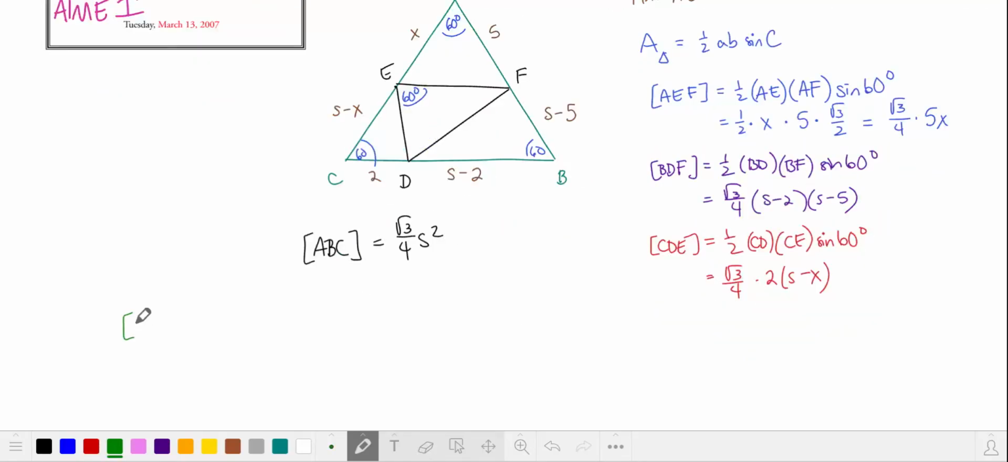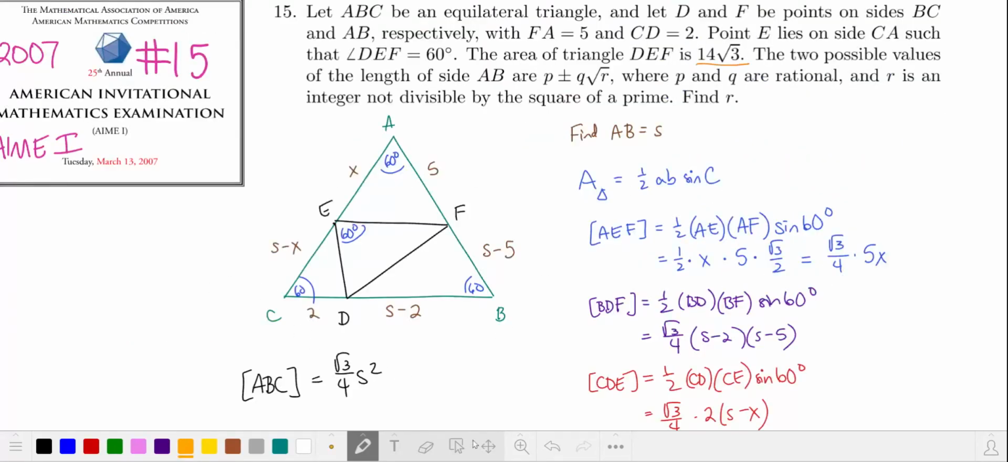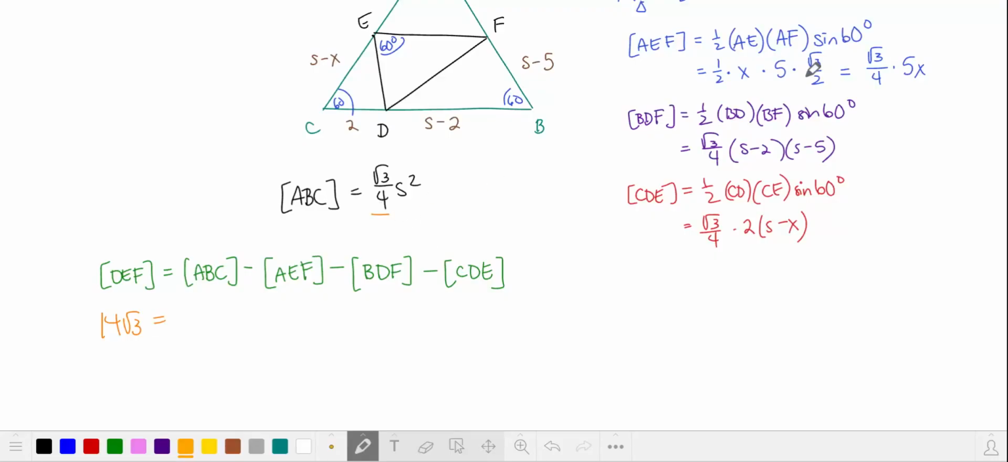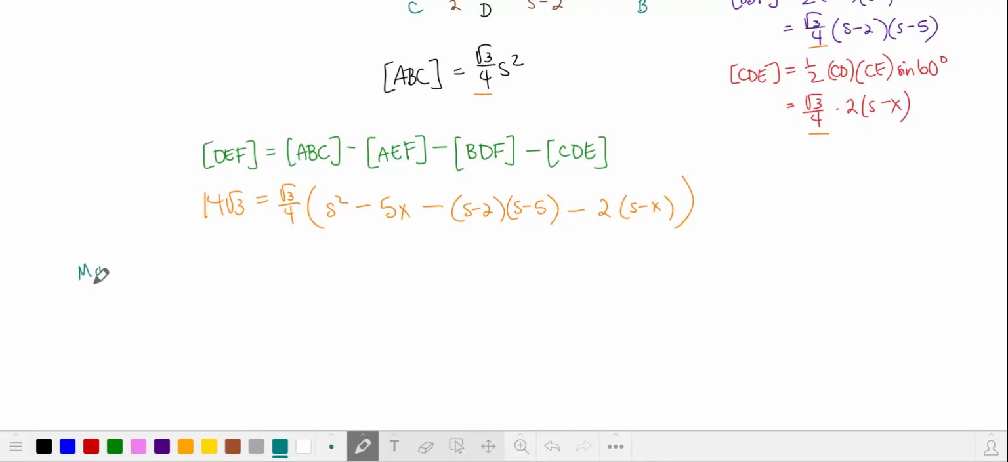To find the area of triangle DEF, in terms of the areas of the other triangles, we'll start with triangle ABC and subtract the three other triangles. We're given the area of that center triangle, and I'll go ahead and factor out root 3 over 4 from these other areas. So inside the parentheses, we have s squared, and then we'll subtract 5x, this product, and 2 times s minus x. Multiplying both sides by 4 over root 3 gives us 56 on the left-hand side, and